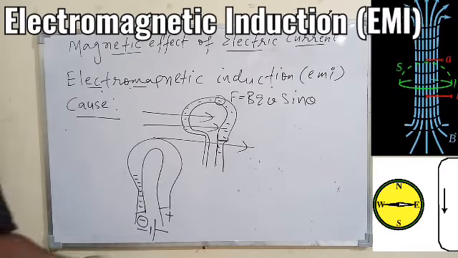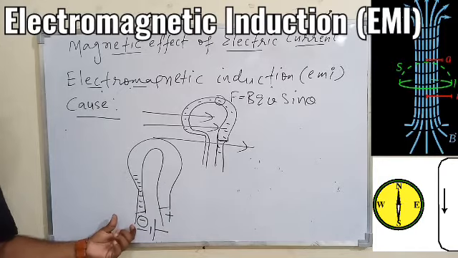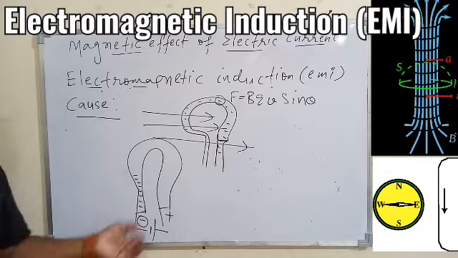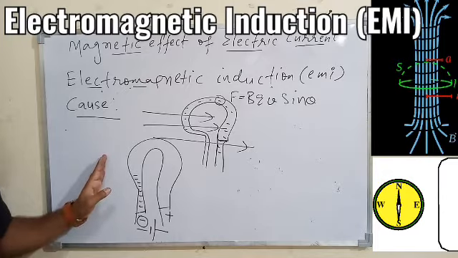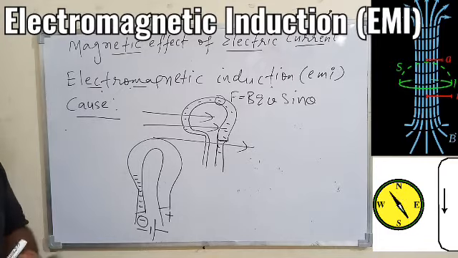So overall we can say one terminal has become positive, one terminal has become negative, and if there is a positive and negative terminal, we know a potential difference has been created. And once the potential difference is created, then the current can be induced in the coil, or the current will be there in the conductor. So briefly this is the cause, but more about it we'll discuss in 12th class.